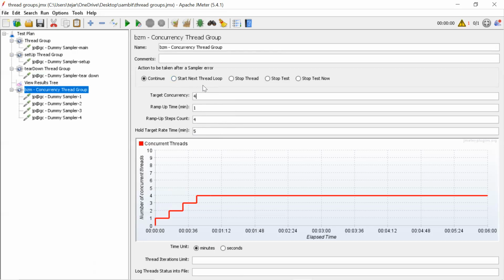One thing is, at any given point of time, how many users you want running against our application concurrently. So at a given point, 4 users are in the system all the time. Yes, at any given point of time, 4 will be there.